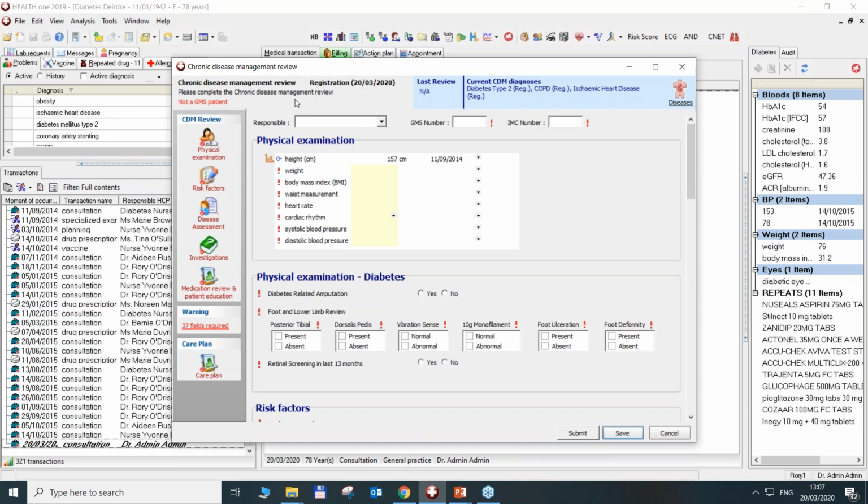This is where we're probably going to spend most of today's webinar. You can see here, we can just ignore this. I'm in a test patient here, so it's saying they're not a GMS patient, but they usually would have a valid GMS number. The last review here, because this is this patient's first review, there is no last review, but it would be there if they'd had one before. And then you can see here the current CDM diagnosis. So what diagnosis do they have? You can see that it has the diabetes type 2, it has the COPD,